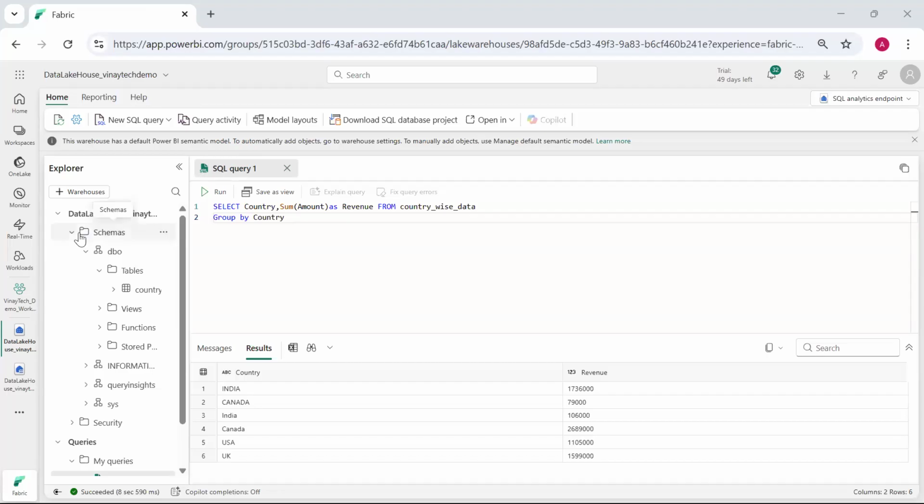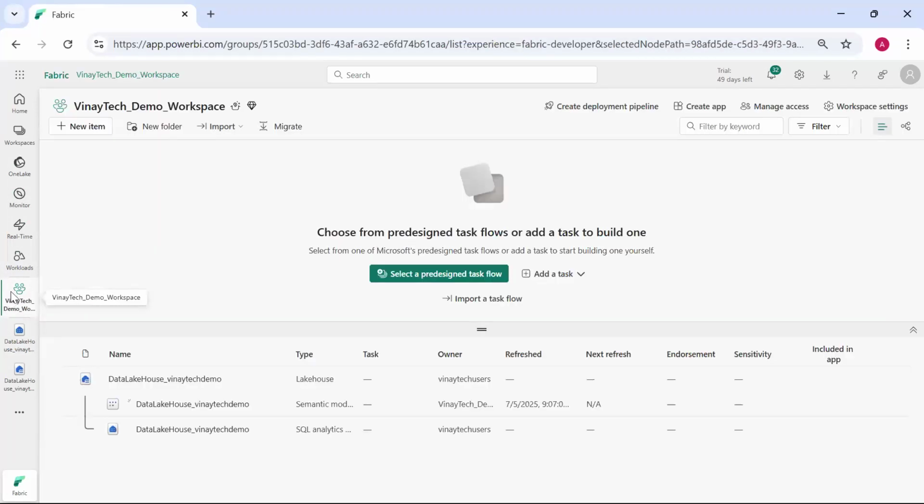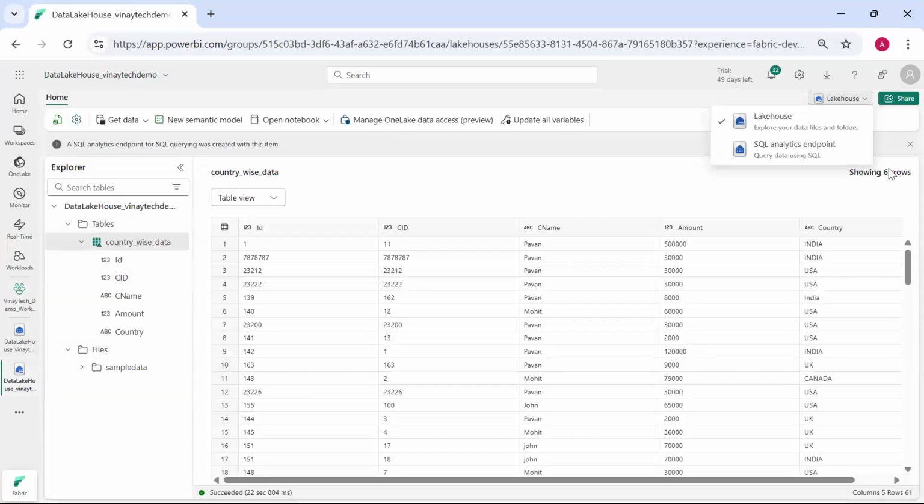Okay, so let's see. Now this is one of the components, called your lakehouse. Where is my workspace? Here in my workspace you can see this is my lakehouse. So let's go back again to the lakehouse. Or, if you say, "Sir, I don't know how to write queries," okay, you don't know how to write queries, no worries guys. There is a concept called,